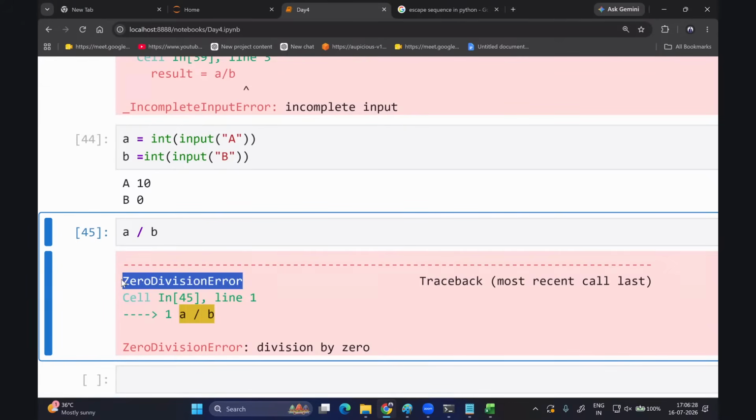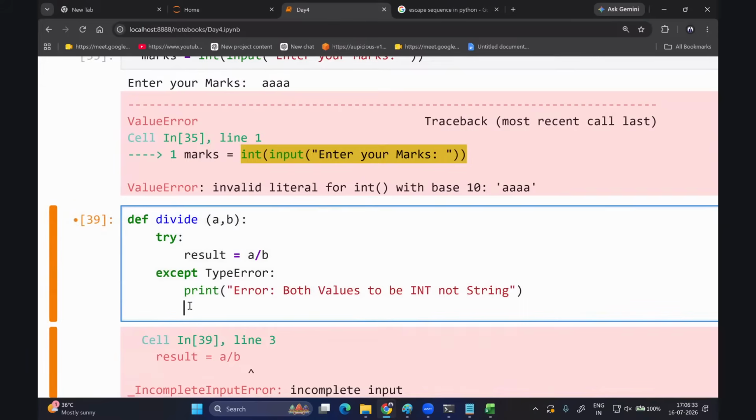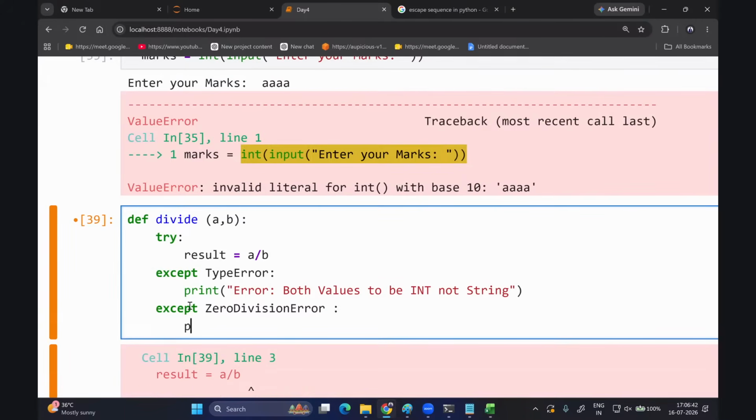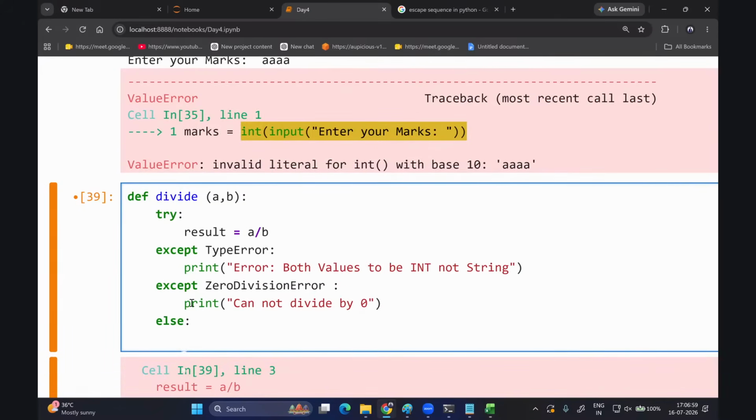So we'll copy this error and again, if either of these errors comes up for any user, then again write an except block here, an exception block, right? If you face this kind of error, then print cannot divide by 0, right? Otherwise, if everything is fine, do one thing, else block of code is run, right? The else block of code will always run if everything is fine. So it will print division successful